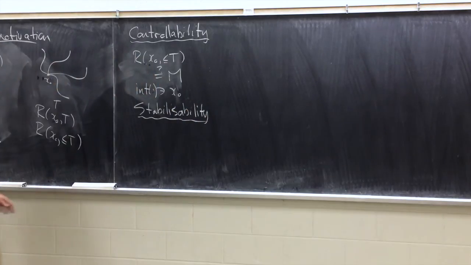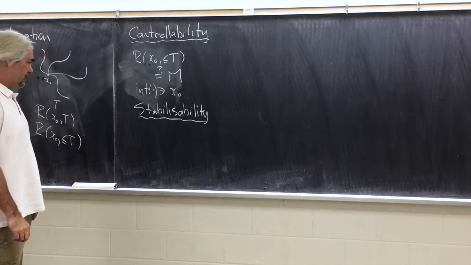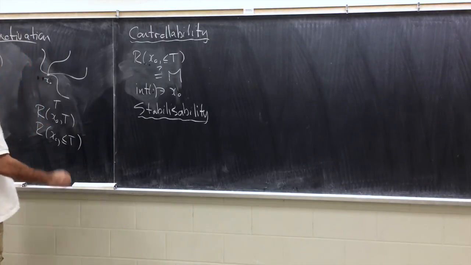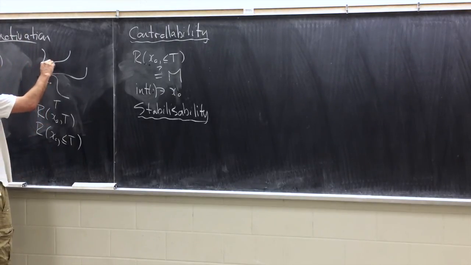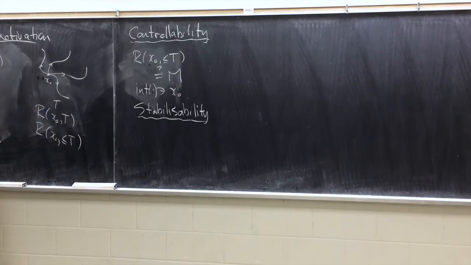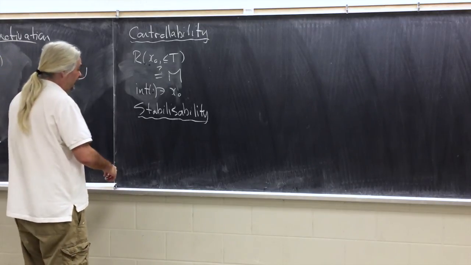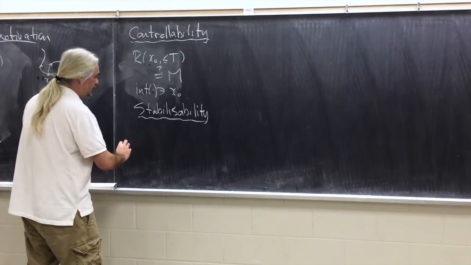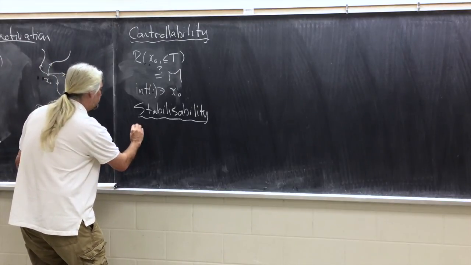Okay, a sort of problem that seems dual, and I don't know, maybe it is dual in some way, but not that we understand very well, is stabilizability. Controllability means you start at x naught, you go like this. Stabilizability is kind of the opposite problem. And so one way to phrase stabilizability is, can you design